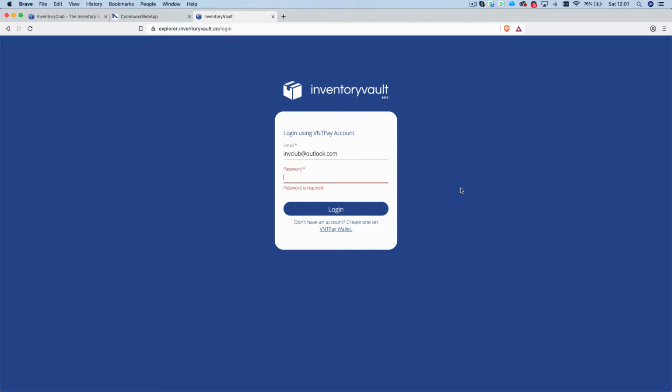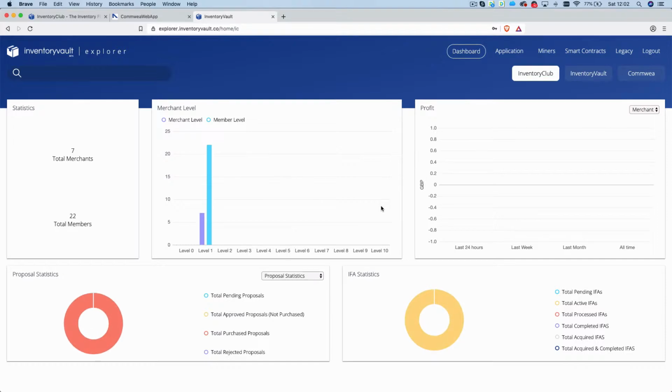So I'm going to quickly log in. And to log in, you actually have to. So we've built a permission-based blockchain, because I just don't think that it's necessary for everyone to just log in and look at things that they don't really have an interest in. So to log into the inventory vault, you need at least £10 worth of VNT, which at the moment is about 292, 293 VNT. So click login, and what happens is it quickly validates whether or not you hold enough